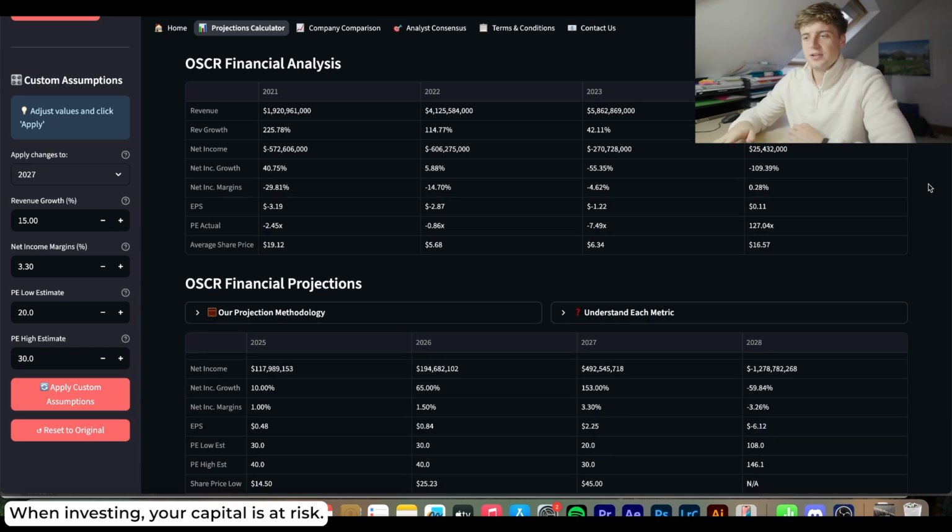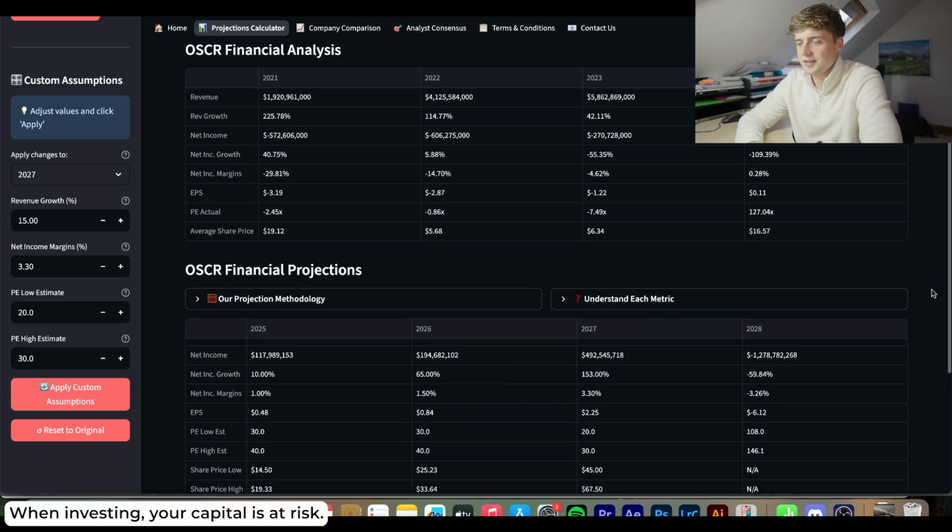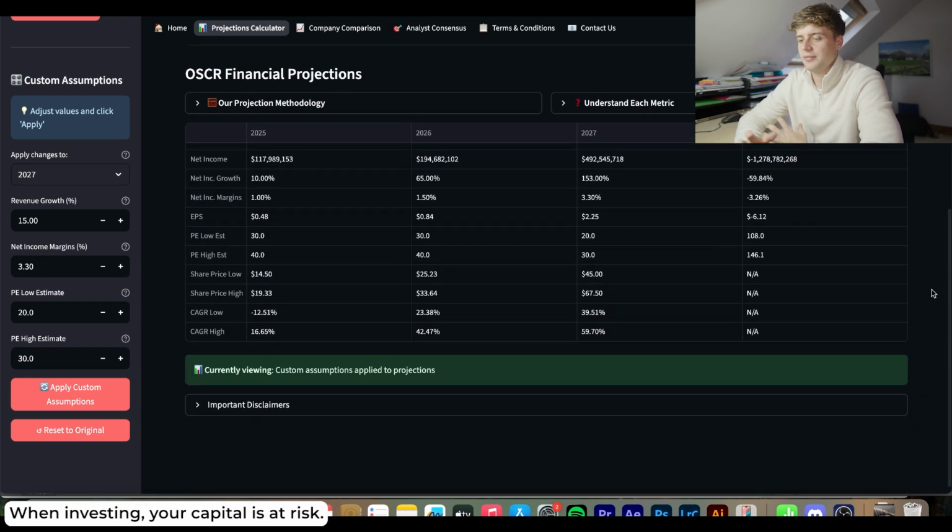It doesn't factor in dilution, and maybe that's something we might look into adding in the future, because that does happen with companies, which changes things, but at least it gives you a rough guidance of where the stock could end up going.